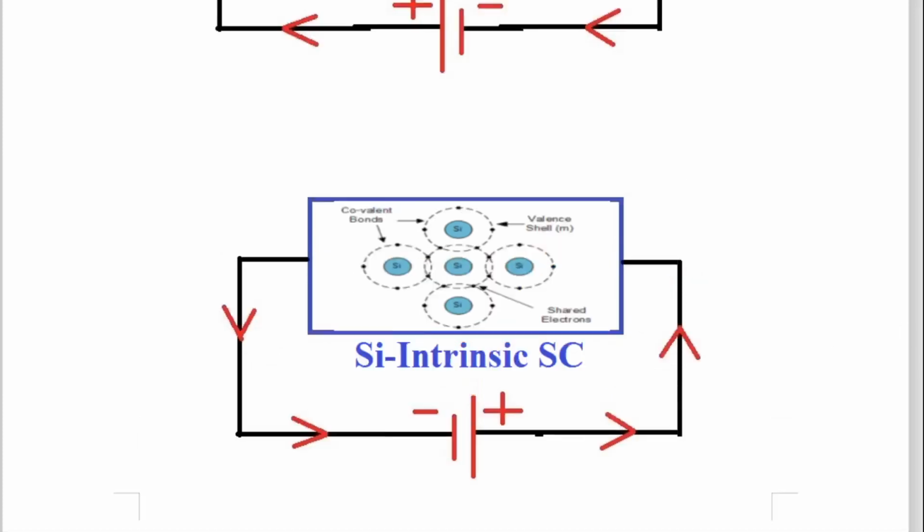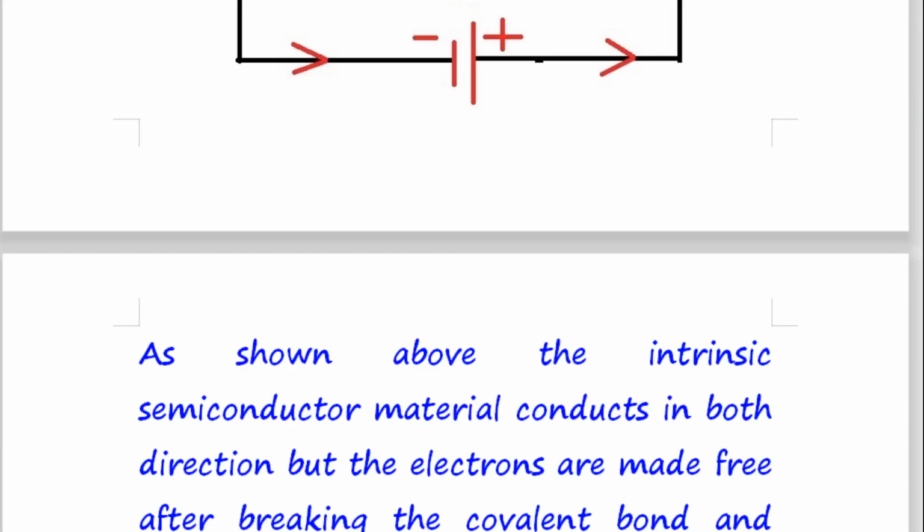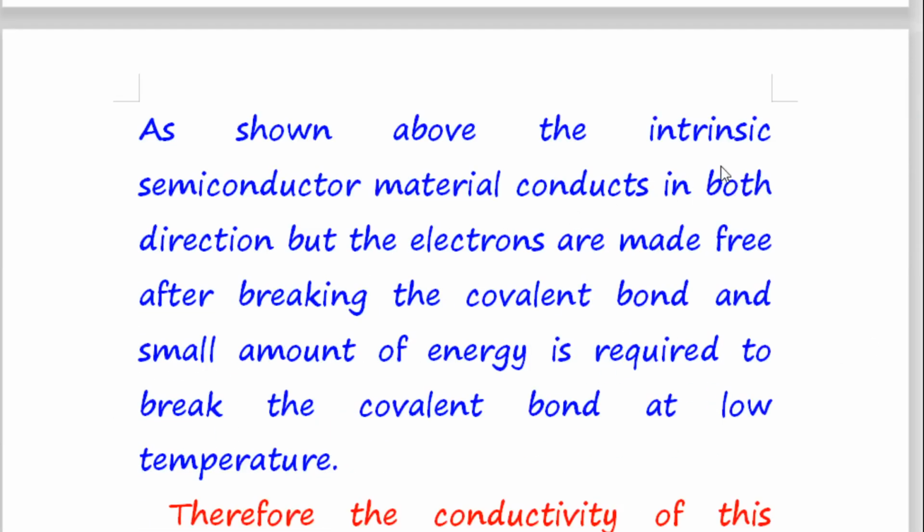So here this diagram I have given intentionally because it is to be understood how the current flows. After breaking the covalent bond, only then will the current flow, and that's why it is said some amount of electric energy is wasted. Now, as shown above, intrinsic semiconductor material conducts in both directions, but the electrons are made free after breaking the covalent bond, and a small amount of energy is required to break the covalent bond at low